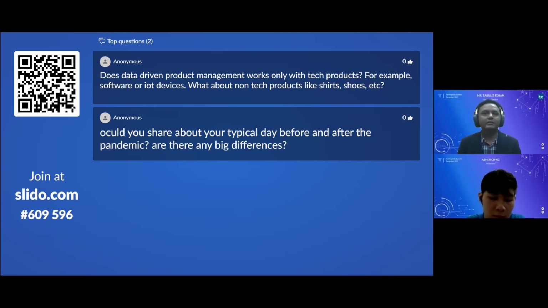Doesn't matter, because if it is a physical product, if it is shoes that you are going to bring to the market, you still need to go back and understand your competition in that market, like how is Adidas doing in Malaysia, or how many stores they have, for example. So you still have to have all of this data. You still have to have the insights. You still need to do the social listening and consumer feedback exercise. You have to do all of that for a traditional product as well. Goes without saying.